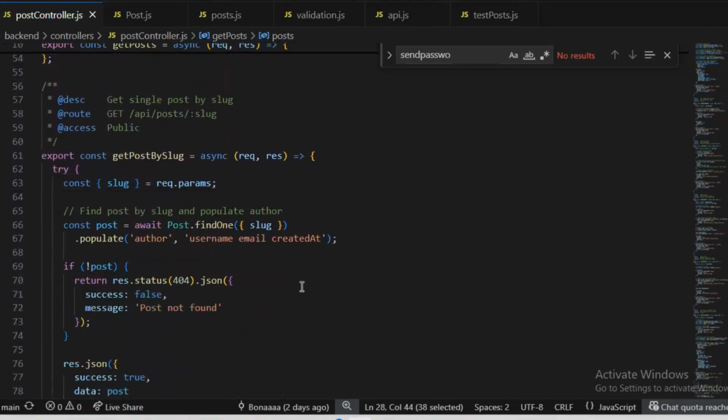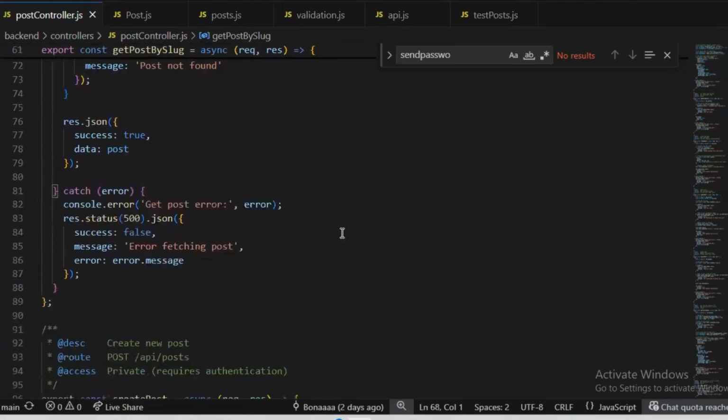And then we go to the get post by slug function, where slug-based retrieval uses nano ID generated slugs from our post model instead of MongoDB object ID, creating a clearer URL.